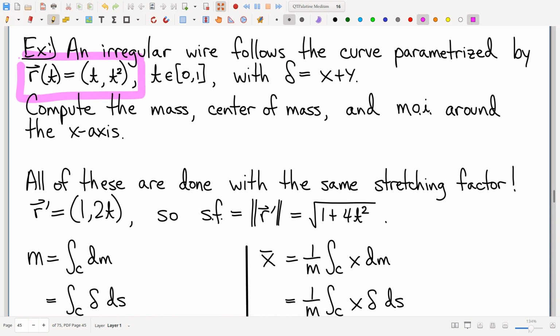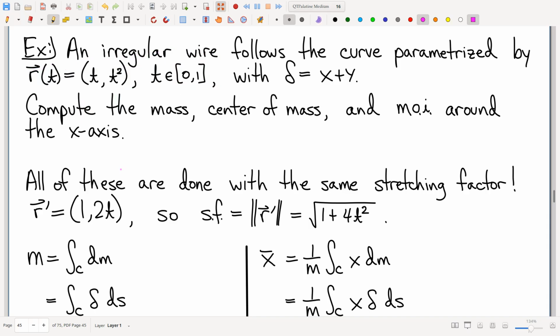By the way, you could probably recognize that curve. That's just y equals x squared, isn't it? Anyway, pre-parameterized. We're looking from where t is 0 and ending where t is 1. So this is our